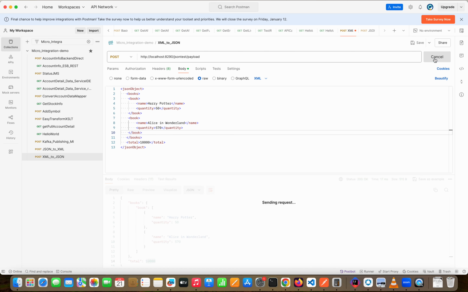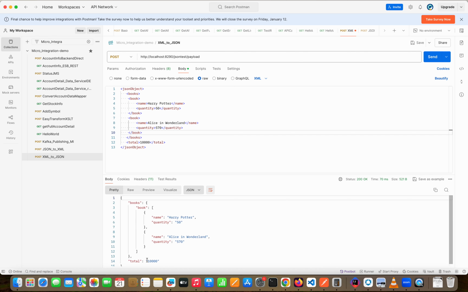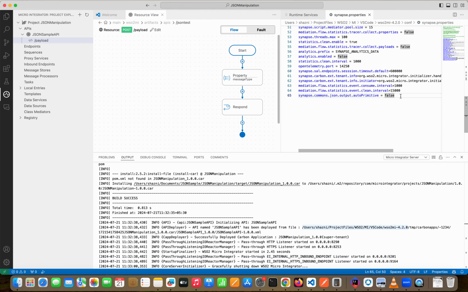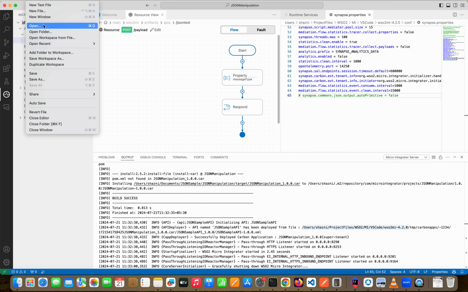And now if I send it, you see all of those numbers became a string. But this is also not ideal. It converts everything to a string. But what if you just want this to be a string but not these things? Then obviously this property wouldn't work because it's a global property. So I'm going to switch that off, and I'm going to also open